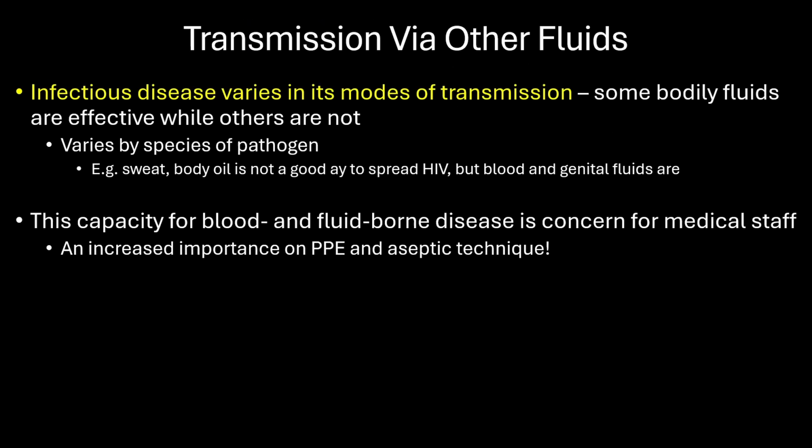Infectious disease can vary a lot in its mode of transmission. Some body fluids are much more effective at transmitting some diseases, while others are less effective. And this will vary a lot by the species of the pathogen and its specific adaptations to facilitate that transmission. So for example, body oil is not really that good a way of spreading HIV, but blood and genital fluids are